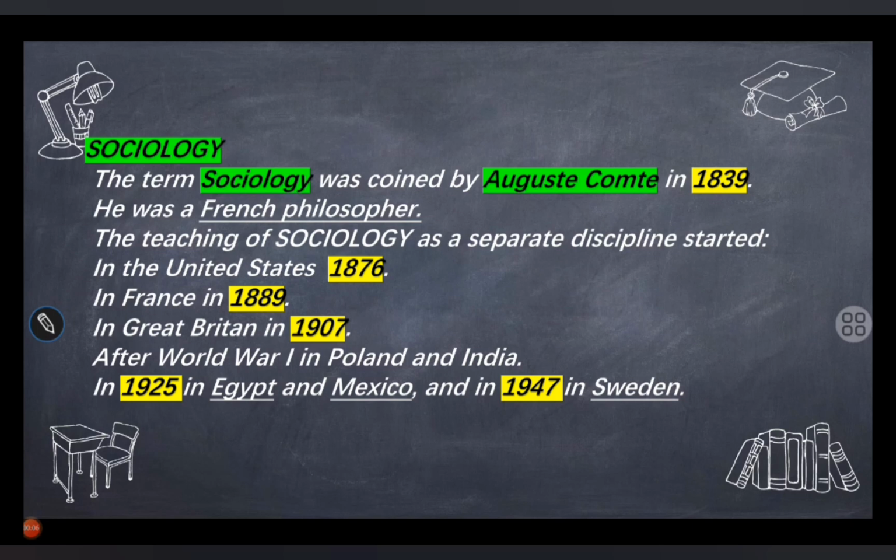The term sociology was coined by Auguste Comte in 1839. Yes, he was the first who coined the term sociology. He was a French philosopher. The teaching of sociology as a separate discipline started in the United States